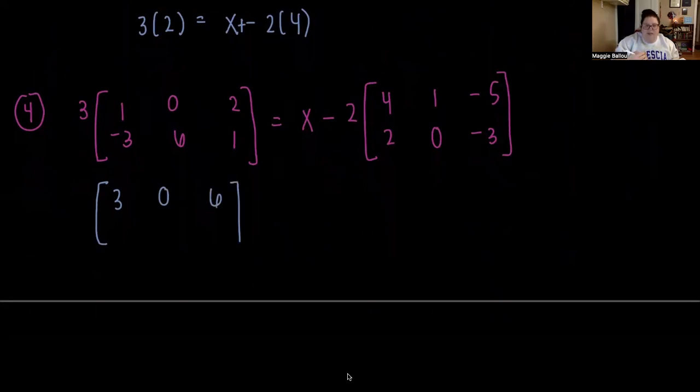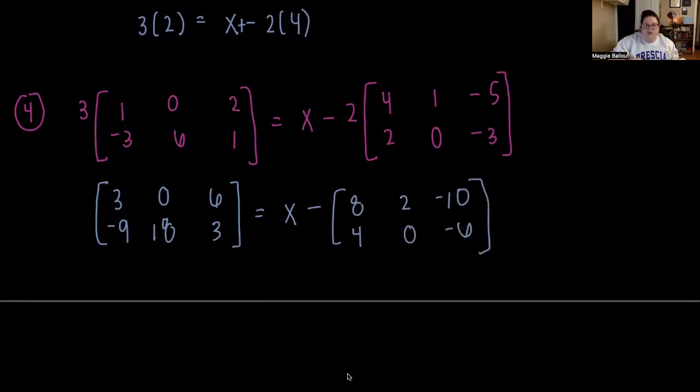Then you're going to repeat for the bottom row. Bottom left, 3 times -3 is -9. Bottom middle, 3 times 6 is 18. And bottom right, 3 times 1 is 3. And that's equal to x minus. And again, I'm just going to scale by 2. So 8, 2, -10, 4, 0,